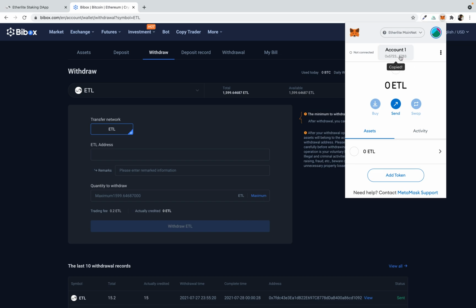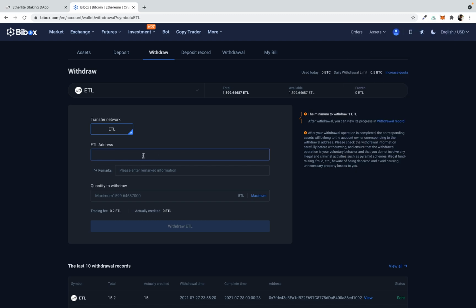See, you can see it is copied, right? Now paste your ETL address, and then enter how many coins you want to transfer.